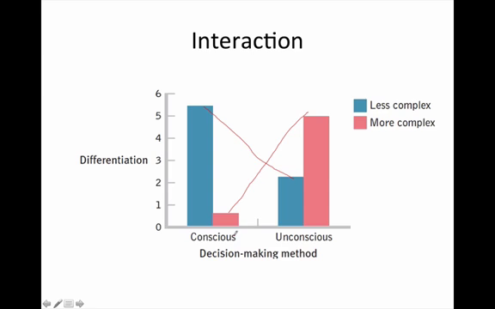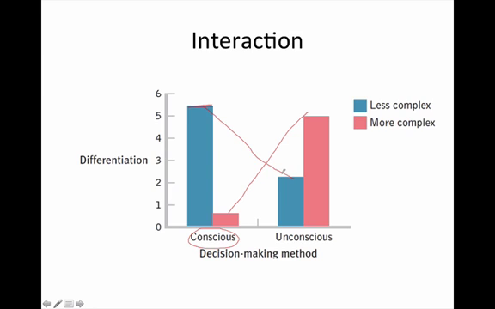So when I'm in a conscious decision-making environment, when I have the time and the ability to really pay attention to things, I do really, really well on less complex tasks, and not so well on more complex tasks. But counterintuitively, when I'm distracted, I actually do better with the complex task than I do with the less complex task. And so this is just a demonstration of how we can use analysis of variance to look at